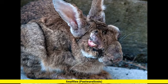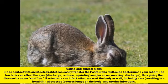Snuffles, pasteurellosis. Cause and clinical signs. Close contact with an infected rabbit can easily transfer the Pasteurella multocida bacterium to your rabbit. The bacteria can affect the eyes, causing discharge, redness and squinting, and the nose, causing sneezing and discharge, thus giving the disease its name,